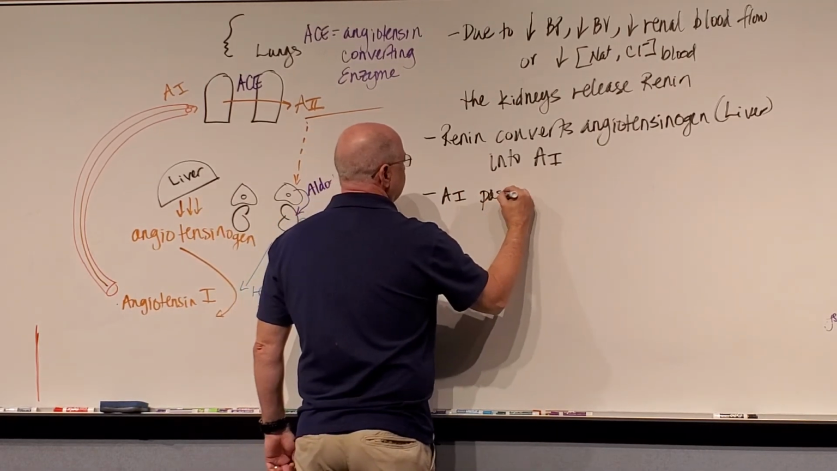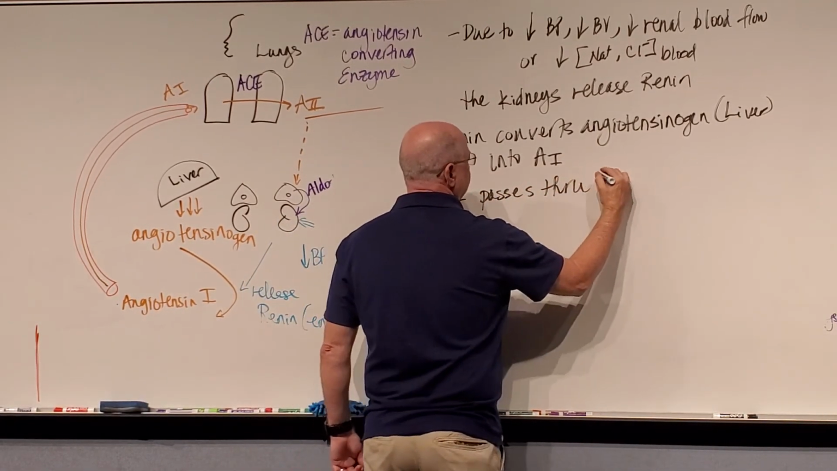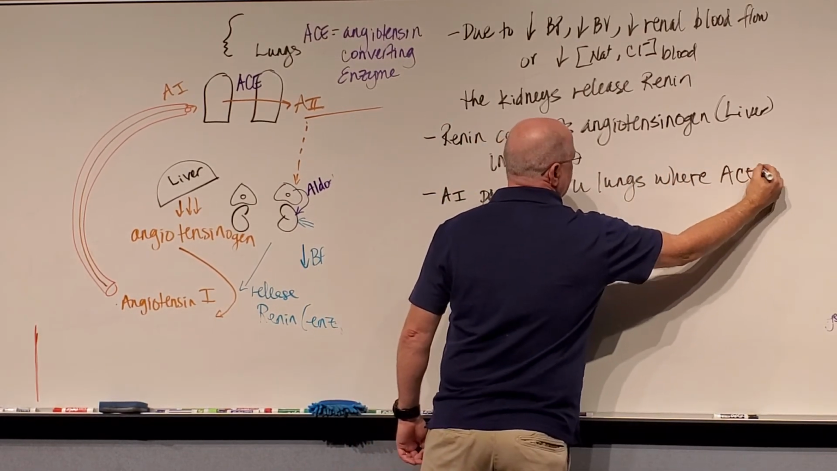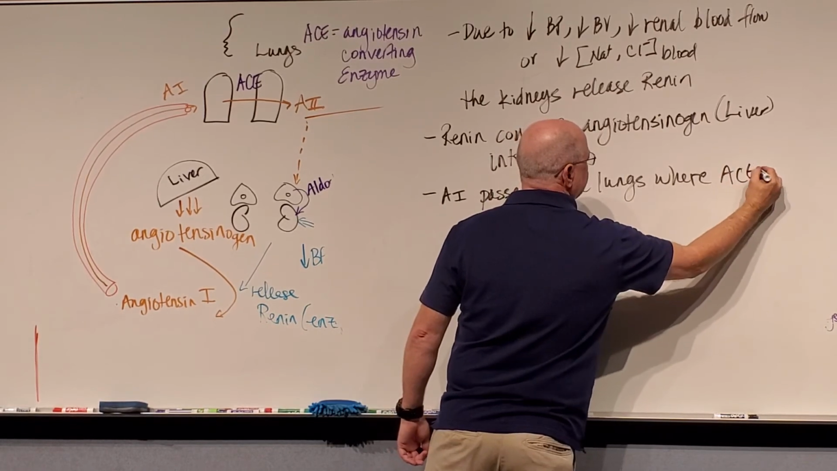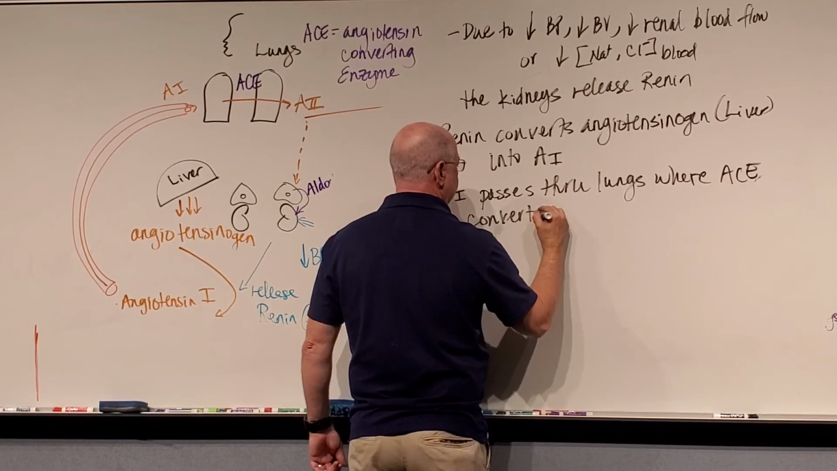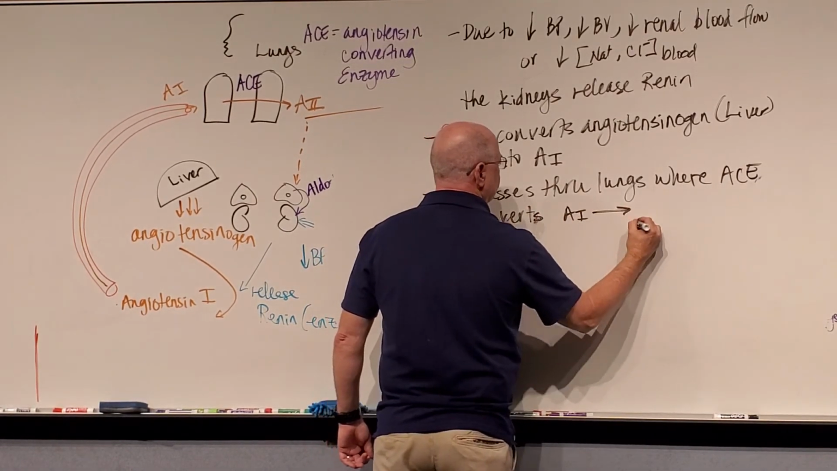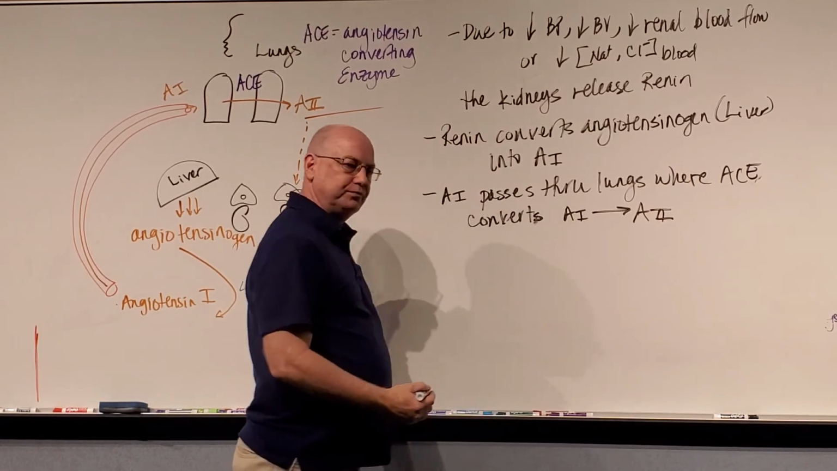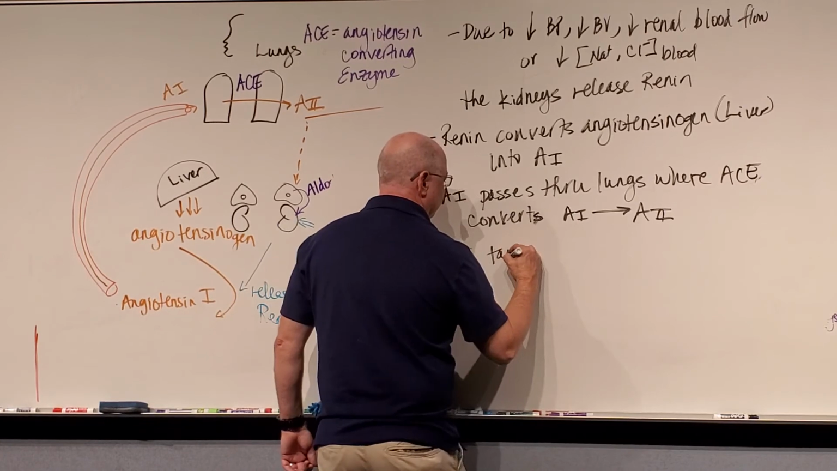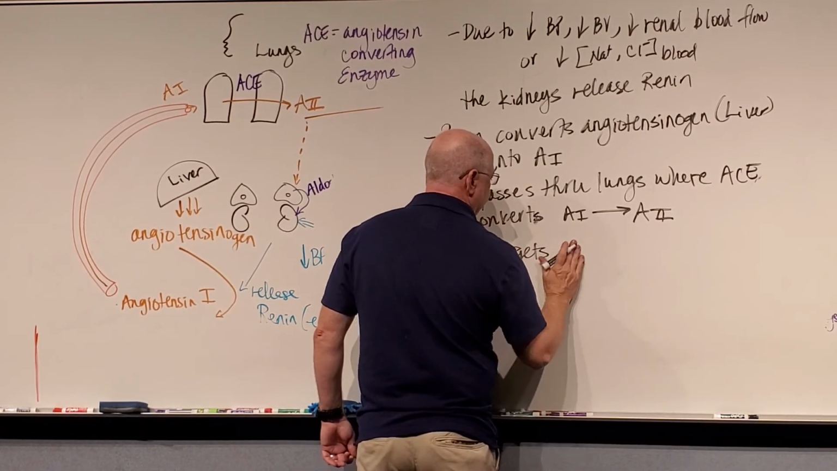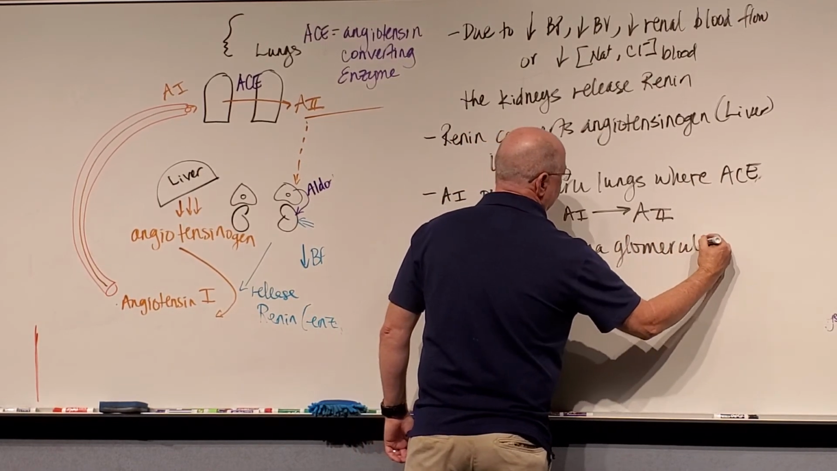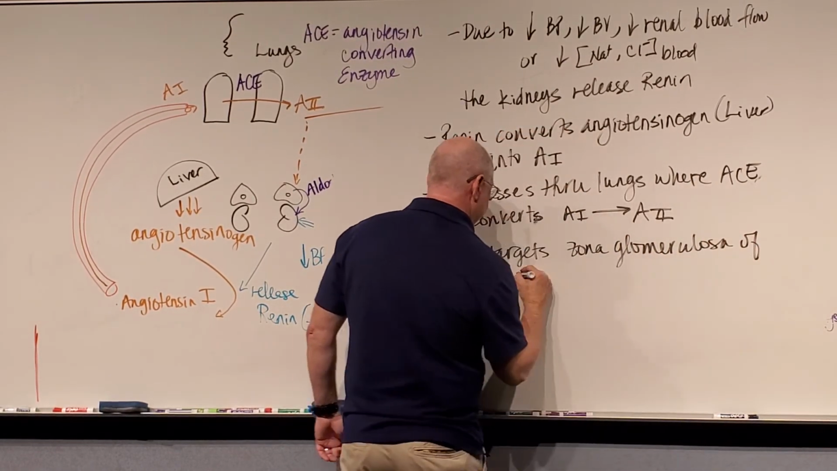Angiotensin 1 passes through the lungs, where ACE, angiotensin converting enzyme, converts angiotensin 1 into angiotensin 2. Angiotensin 2 targets the zona glomerulosa of the adrenal cortex